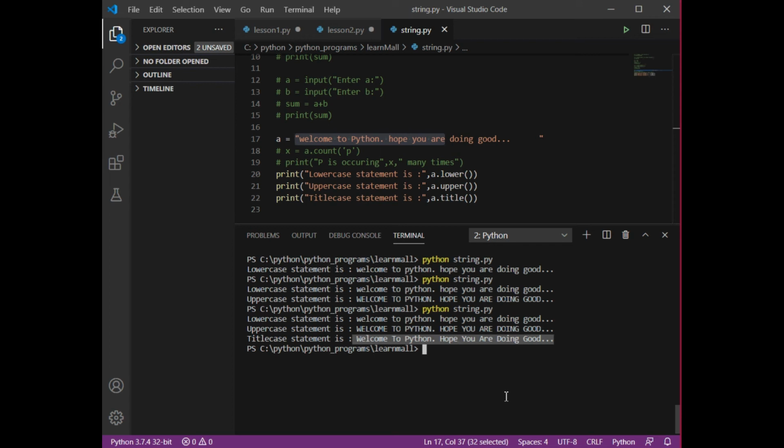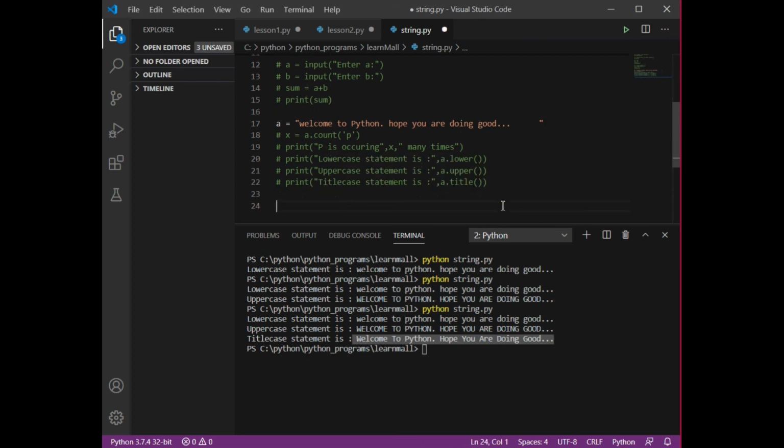Then we were discussing about strip function. I'm going to make all these as comment. What strip function is basically used to do, I told you that that is used to terminate something. So what I'm going to do, I'm going to use this strip function.